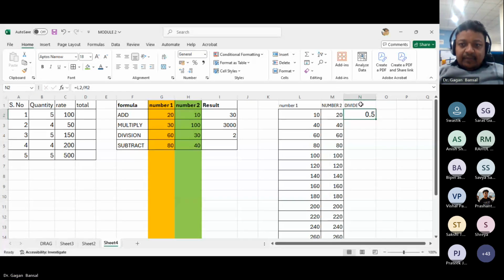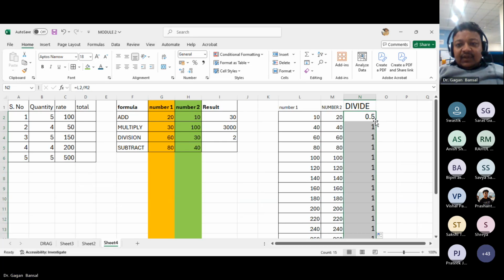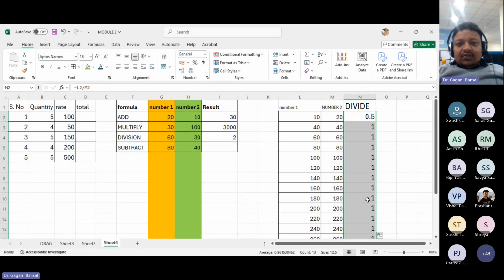ठीक है, और मैं चाहता हूँ कि सारे नंबर 1 जो है नंबर 2 से डिवाइड हो जाए। मुझे क्या करना है? या तो डबल क्लिक कर देना है, क्योंकि देखो सेम है तो वो 220 डिवाइड बाई 20, या फिर मैं फॉर्मूला जहां तक मैं चाहता हूँ वहां तक उसको ड्रैग कर देता हूँ। तो वेरी क्लियर, यस।